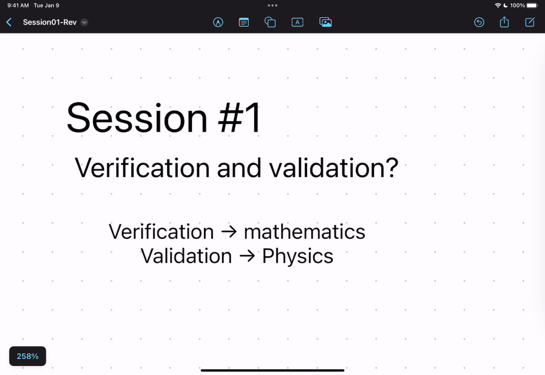Hello everyone. In this very first session, I want to shortly introduce two concepts, verification and validation of a numerical simulation. Verification is simply when we evaluate our model's prediction based on the mathematics of the model. So, we want to make sure that the solution that we provided for the physics of a problem is mathematically